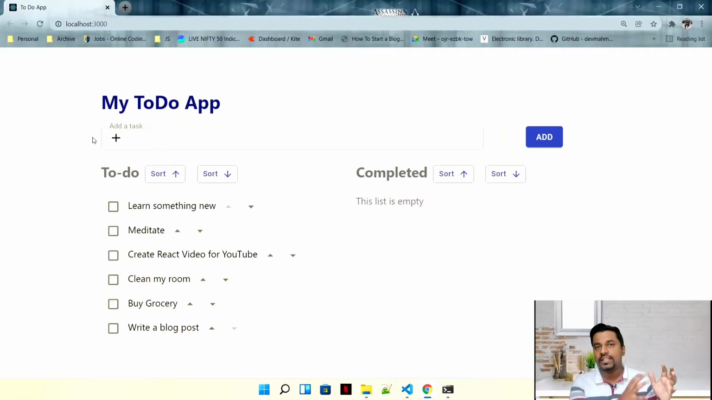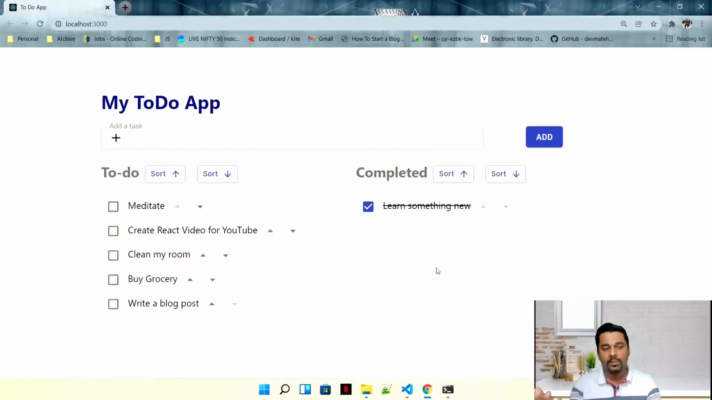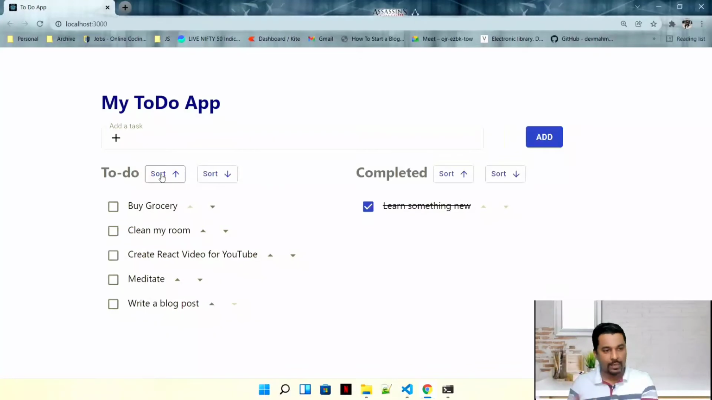So let's see what exactly we are going to create in the future. This is somewhat what we are going to create in our upcoming videos. We'll try to create something similar to this application. This is a full-fledged application. If you just click on something, it goes to the completed side. You can move up, move down, and you can sort it alphabetically. So all these things make it a full-fledged application, and we are going to learn how to create this full-fledged application in our upcoming videos. So without wasting any time, let's